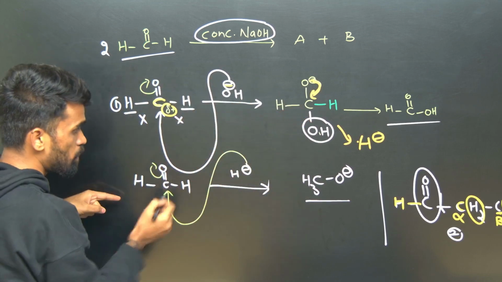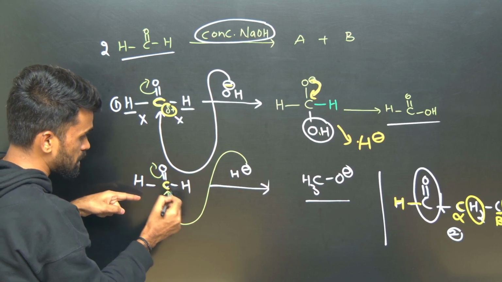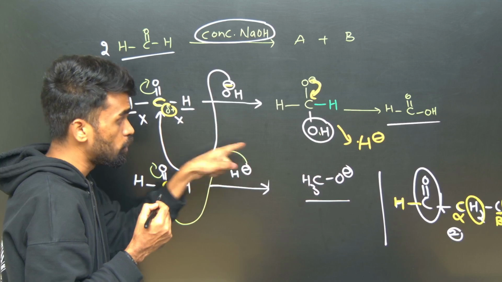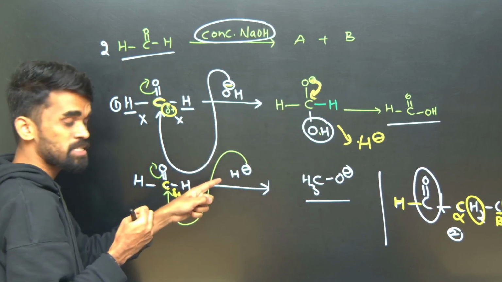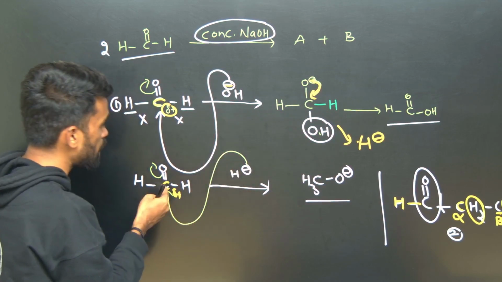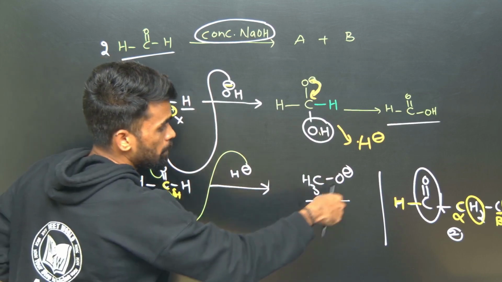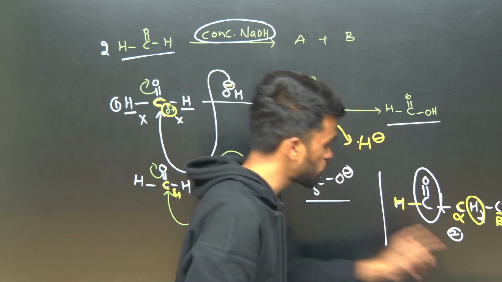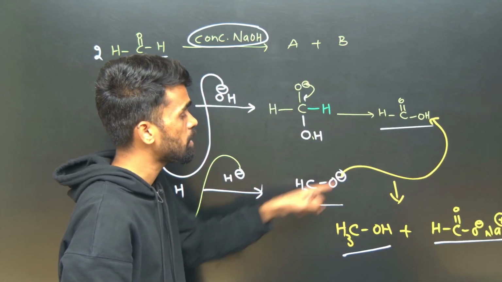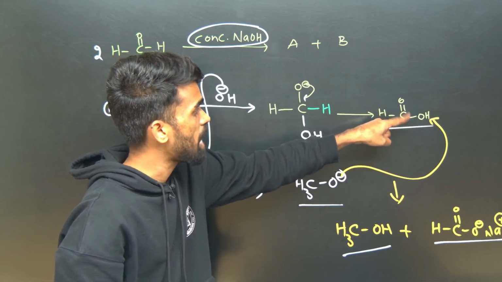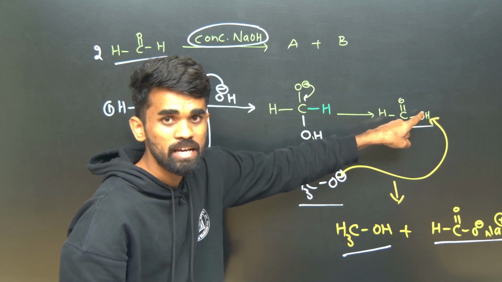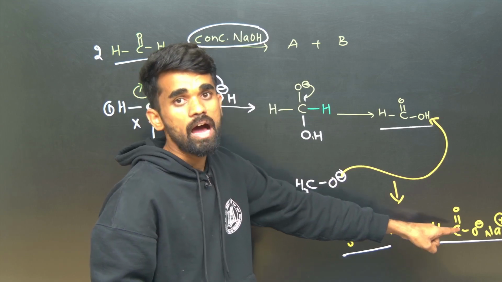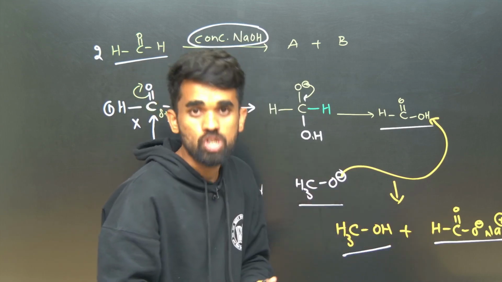Why? In formaldehyde we have an electron-deficient site, the electrophilic carbon. The hydride ion, which was a leaving group before, is here a good nucleophile. It attacks this carbon and generates a methoxide ion, which is the reduced product. Now between these two, we have methoxide ion and formic acid. The acid releases an H plus ion that is taken by the base, forming methanol plus sodium formate. Hope it is clear. Sodium formate salt is formed.